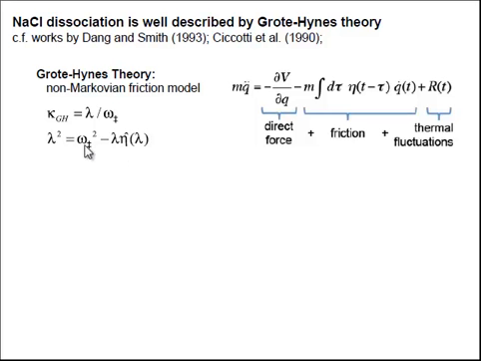Then you can use Laplace transforms to arrive at the Grote-Hynes equation and find the root of the Grote-Hynes equation, which is the so-called reactive frequency. The ratio of the reactive frequency to the adiabatic barrier crossing frequency is this kappa Grote-Hynes. This is the transmission coefficient according to Grote-Hynes theory. It's a prediction, but you can then go back and check with Chandler's reactive flux formalism, which gives you an exact transmission coefficient. You can find that this prediction of Grote-Hynes theory is really remarkably good for the ion pair dissociation problem, at least according to work that's been done in the past by authors looking at this.